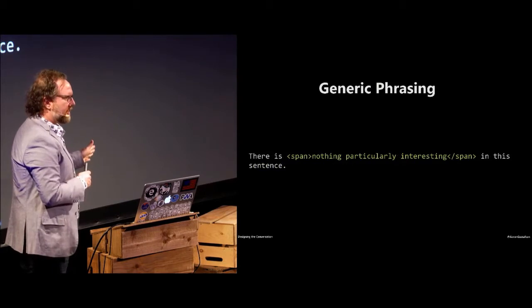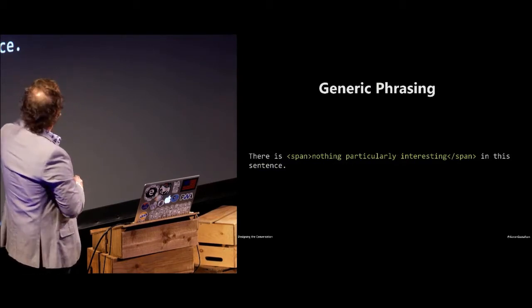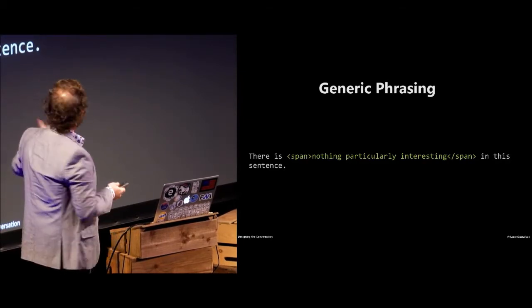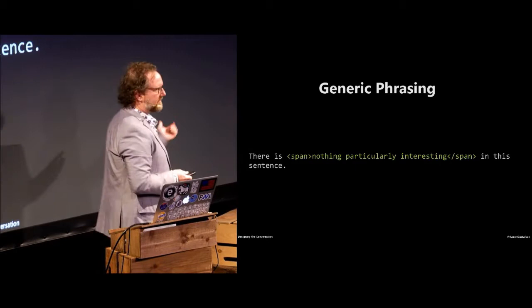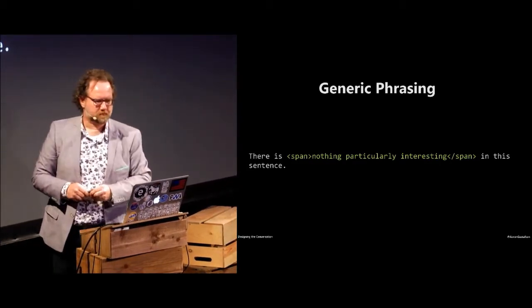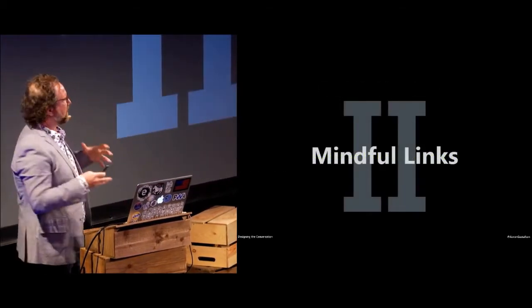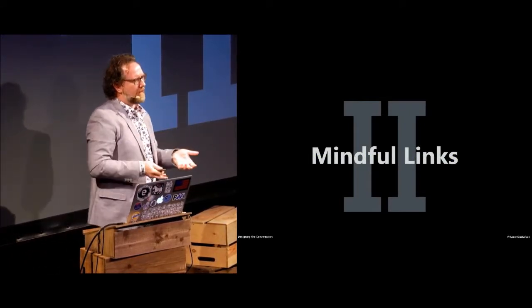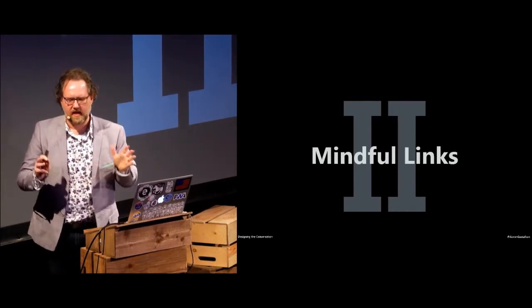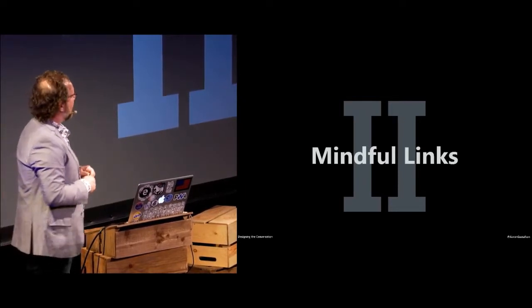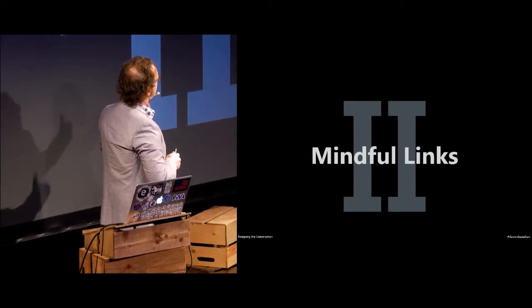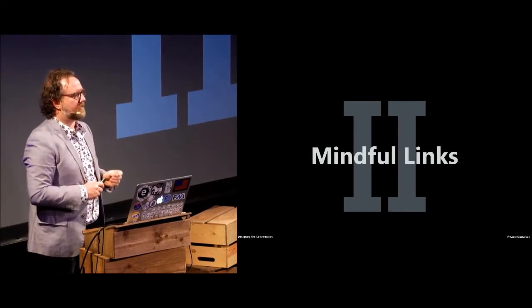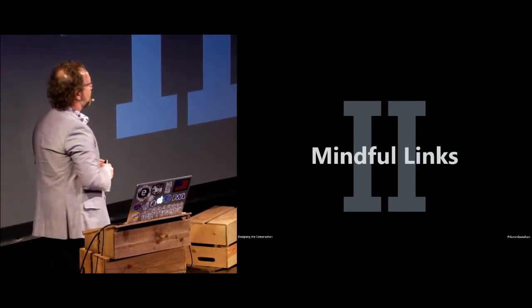And I'm not going to go into all the other phrasing elements, but I will mention span, which I mentioned before is just not very interesting. It's just generic content, right? So there is nothing particularly interesting in this sentence. It's just a span. Okay. So there's this special kind of phrasing element, which is kind of a hybrid now. The link can actually wrap around what we used to call block level elements too. So it's a little bit complicated now. But I still think of links, because I'm old, as being phrasing elements. And I want to call them out specifically because there's a lot that we can do to make links really interesting and fine tune how our users interact with them.